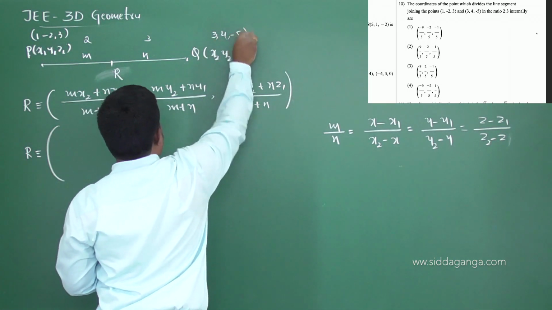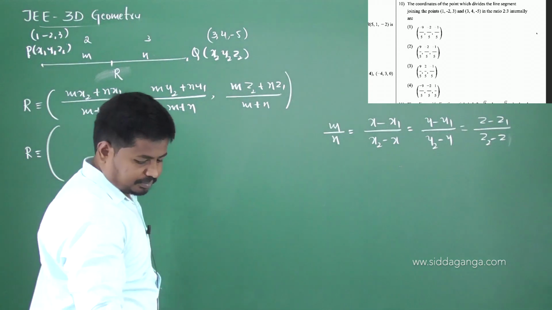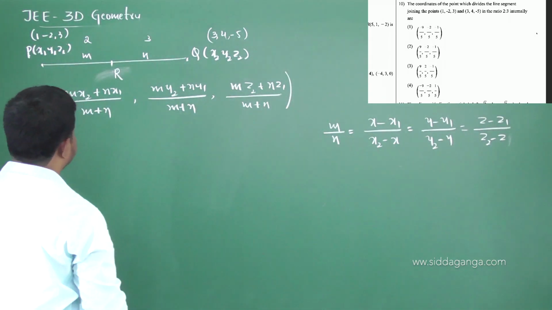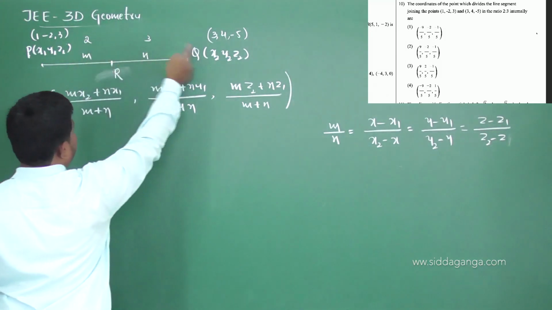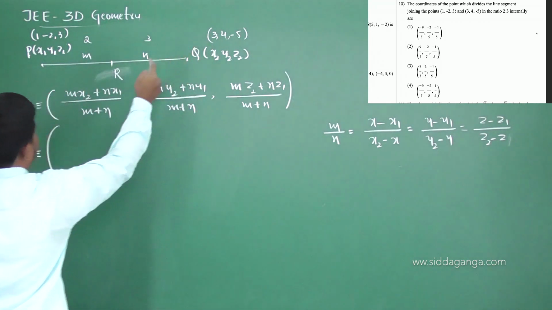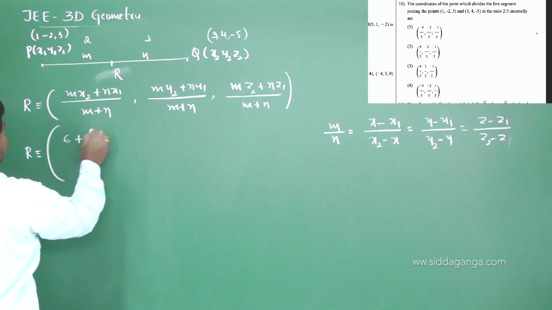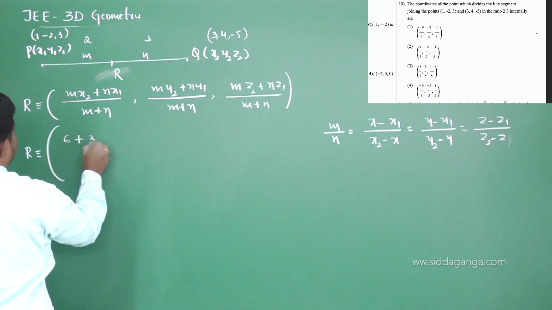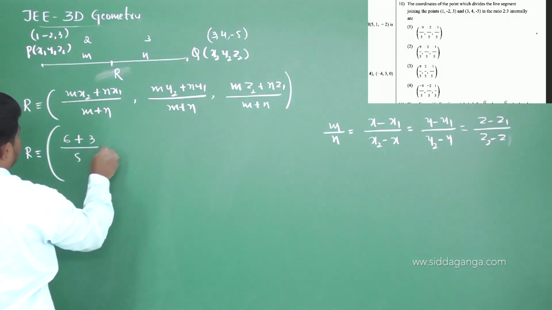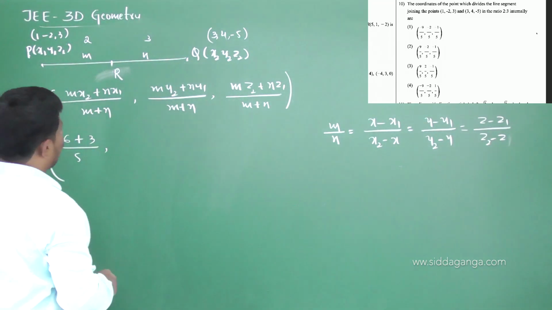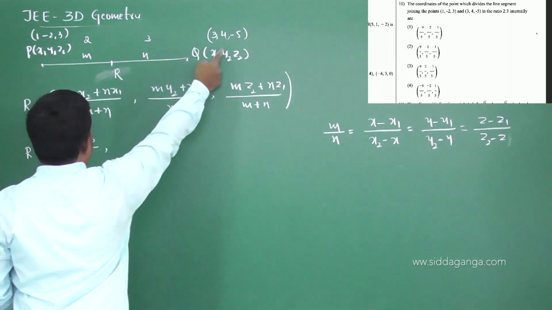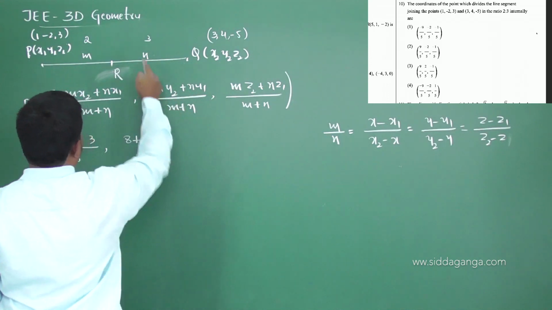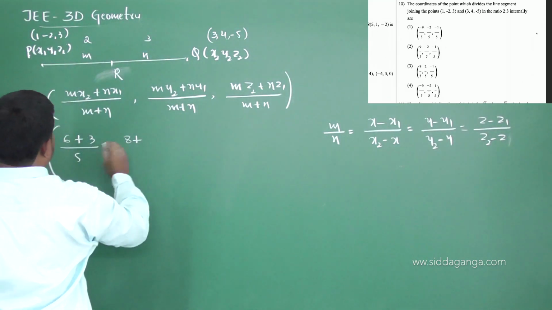3, 4, minus 5. Okay, now mx2 plus nx1: m is 2, so 2 into 3 is 6, plus nx1, that is n into x1, that is 3 into 1, 3. So 6 plus 3 is 9, divided by m plus n, which is 5. Next, my2 plus ny1: 2 into 4 is 8, plus n, that is 3 into minus 2, that is minus 6,